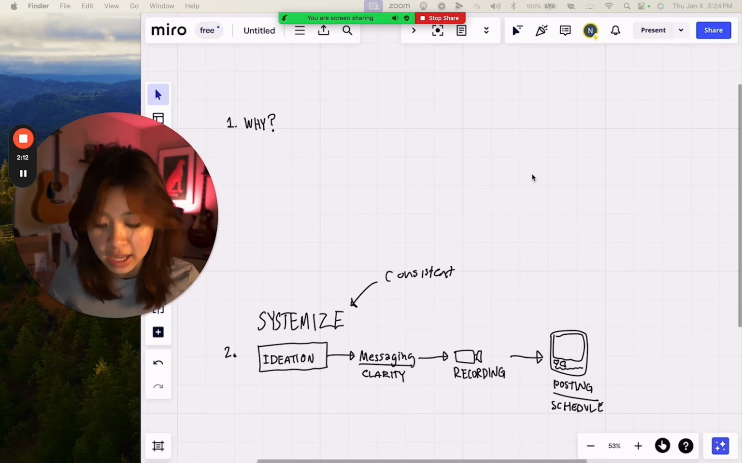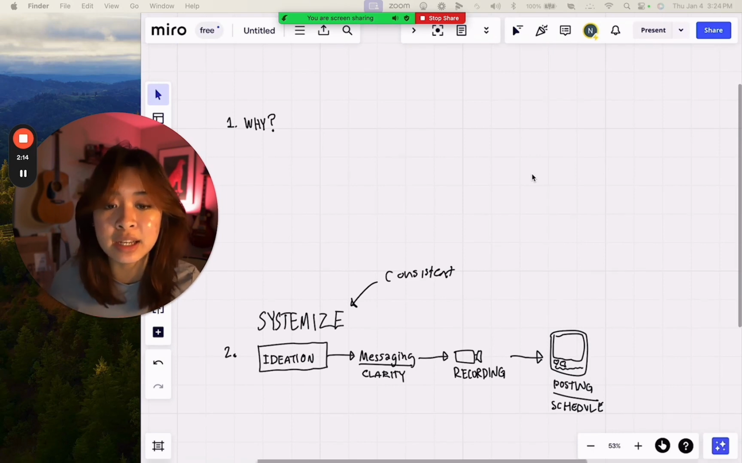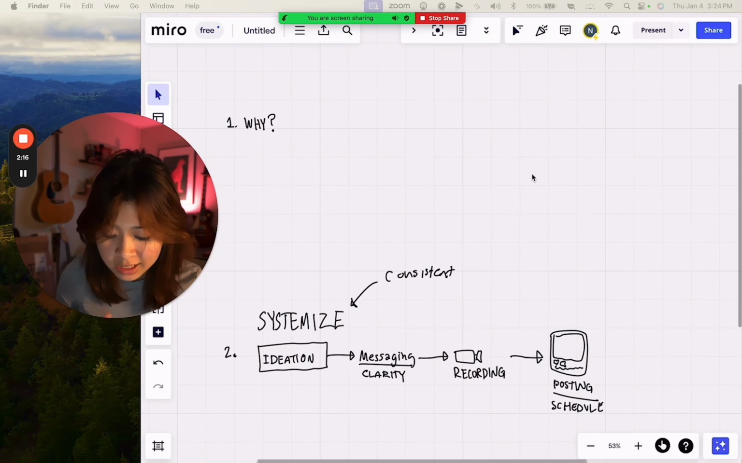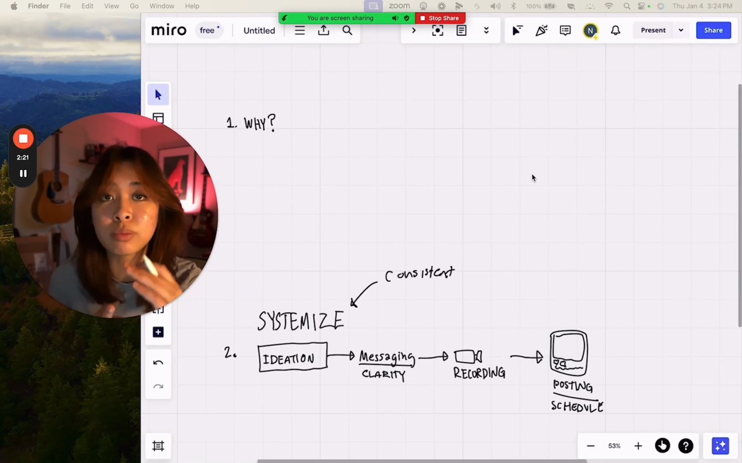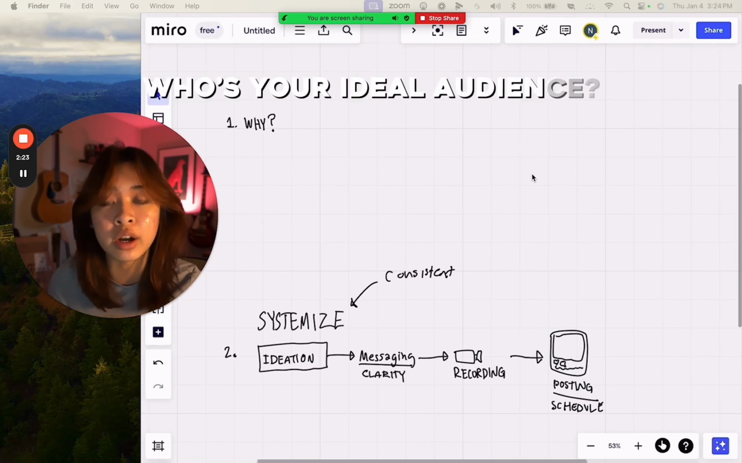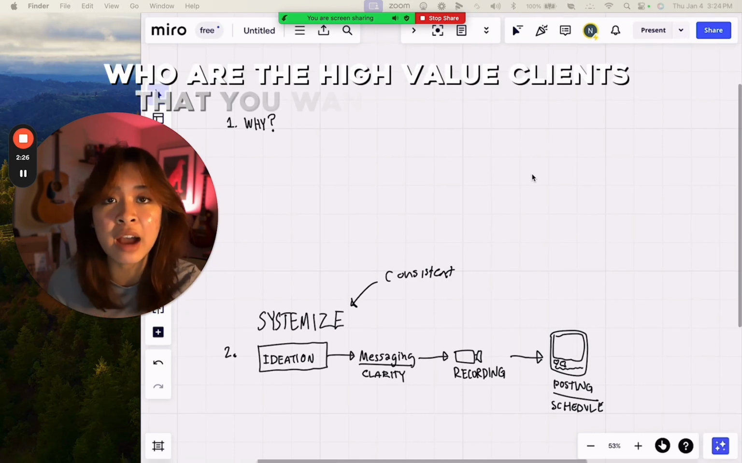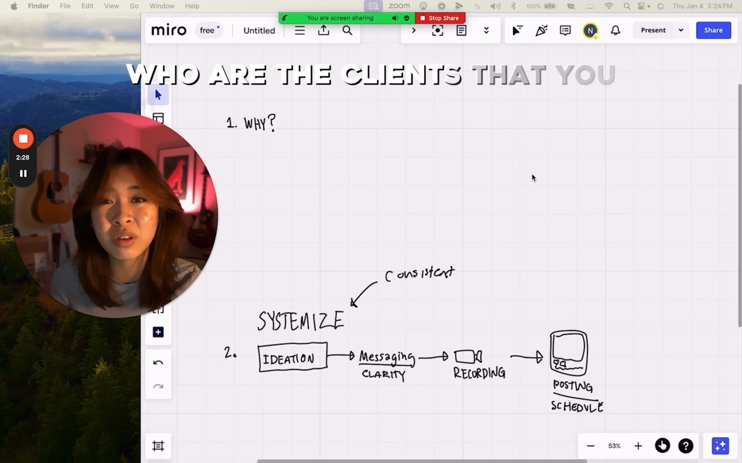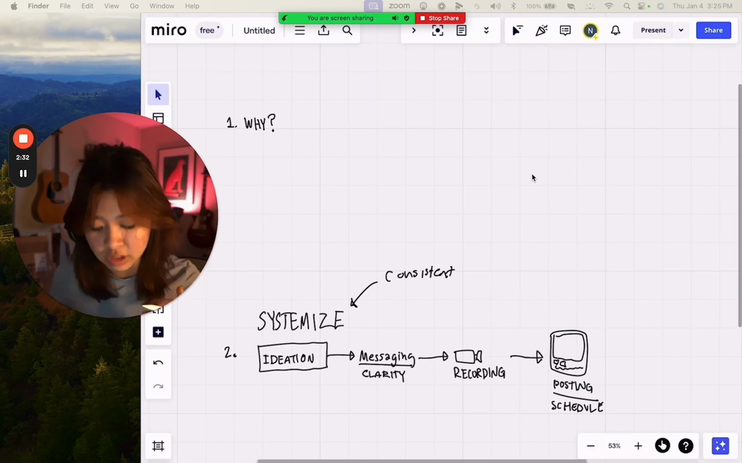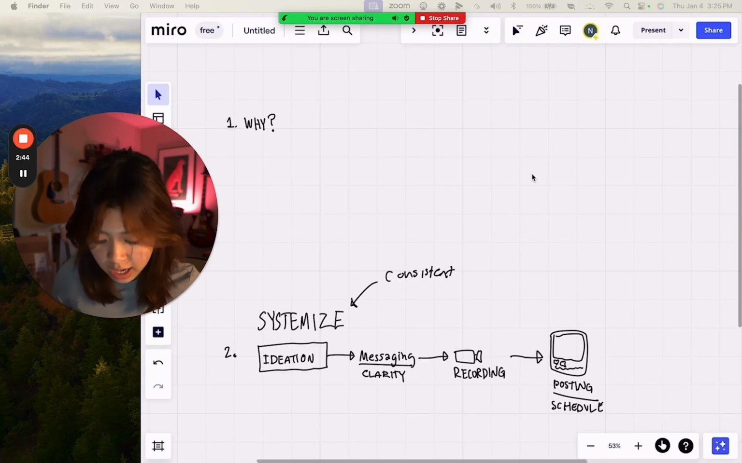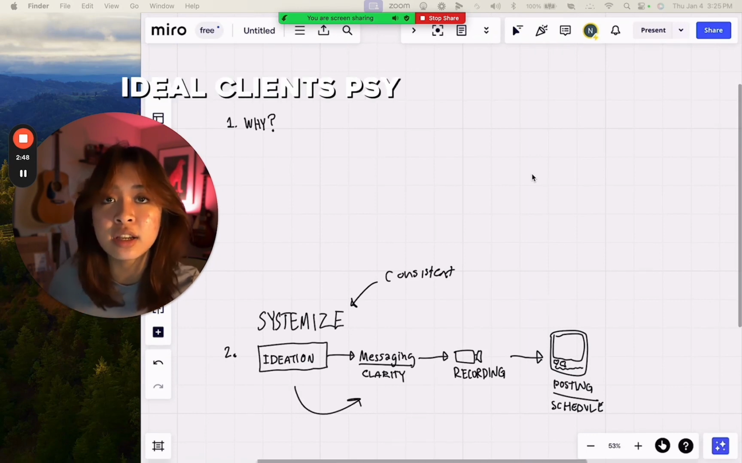I'll sit down and come up with all my best ideas and filter them out, right? It's important to turn these ideas into something and make sure you're dialing in your messaging. So who is your ideal audience? Who are the high value clients that you want to work with? Who are the clients that you might not want to work with? And put that into a client avatar,